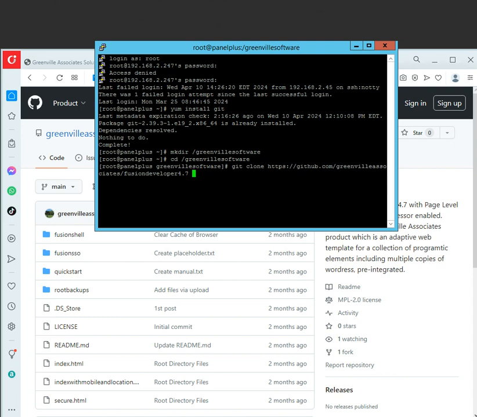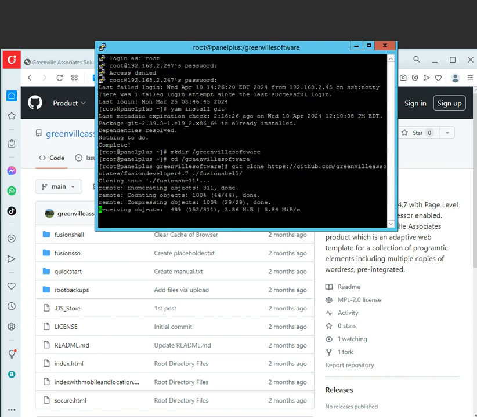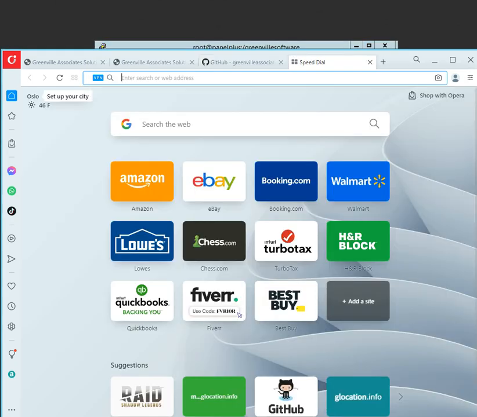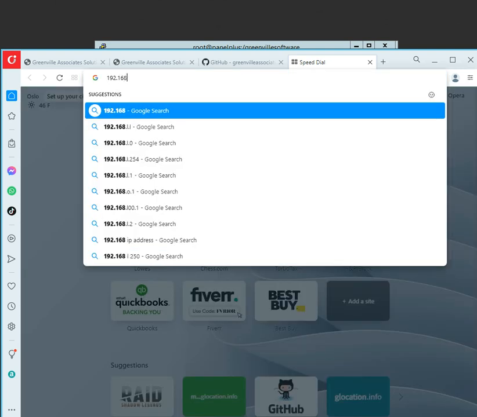And then I have to specify a local target. So I'm just going to select dot, which is my current directory, and add Fusion Shell to it. So if this works, it is now syncing the developer package from the internet to this directory. And once it's done, this is going to take a little while, but it works pretty much the same way as the previous session. What I'm using is Webmin,